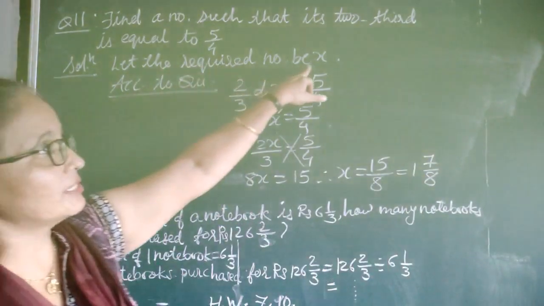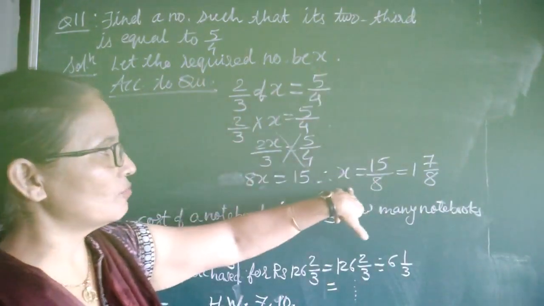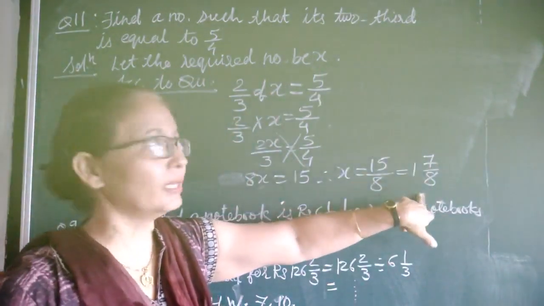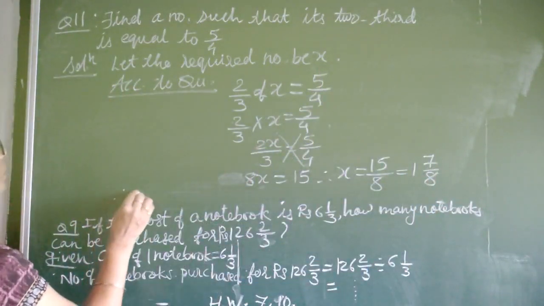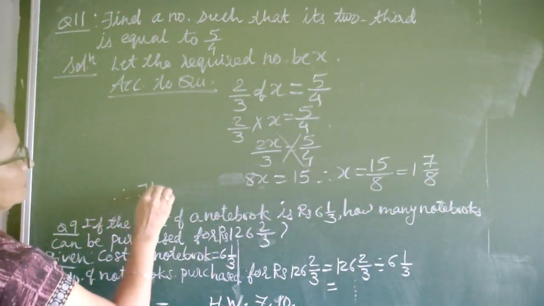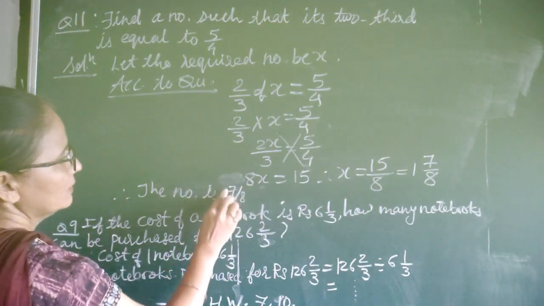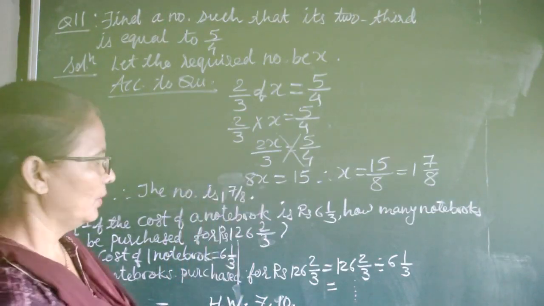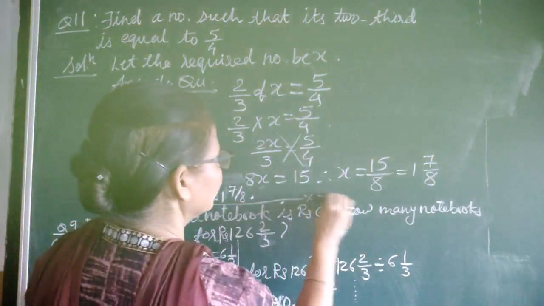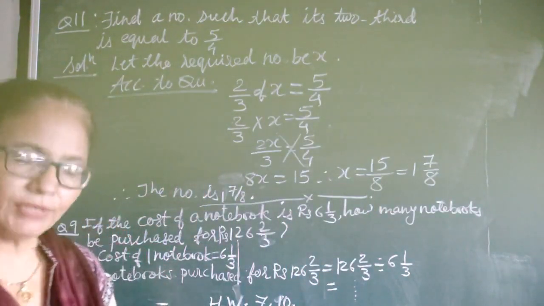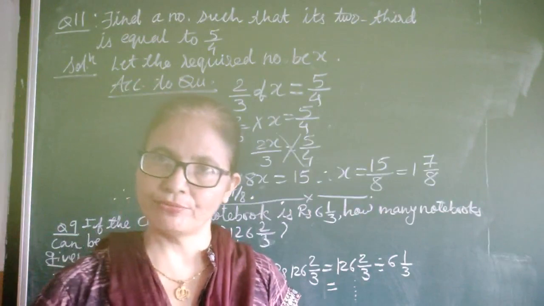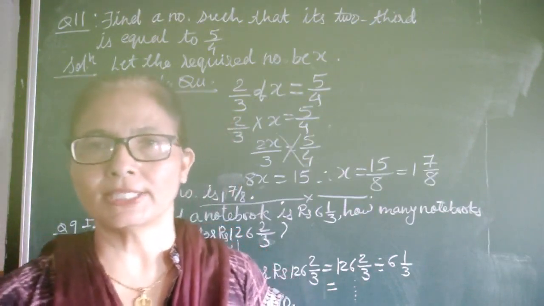That number we have considered as x. And now what is the value of x? x is equal to 1 7 by 8. So you can write therefore the number is 1 7 by 8. Okay. So children, in this way we have completed our exercise 2.4,